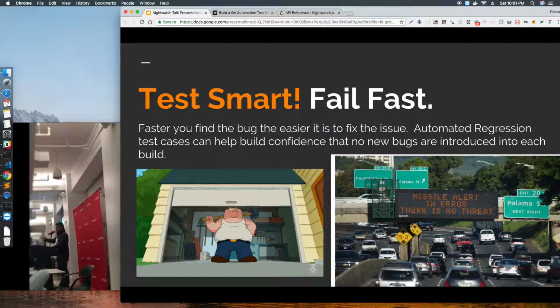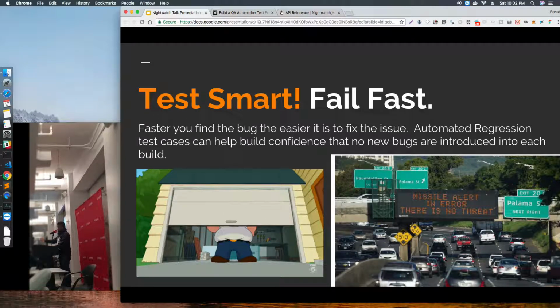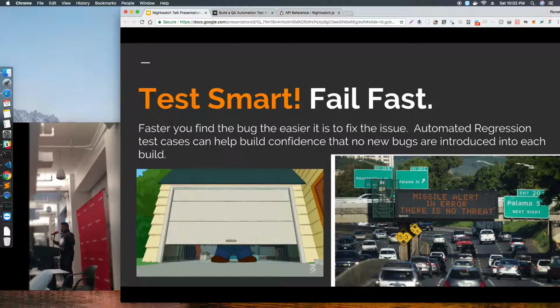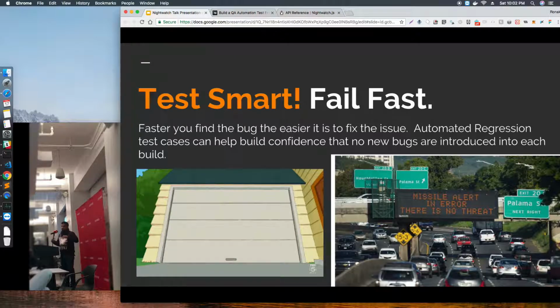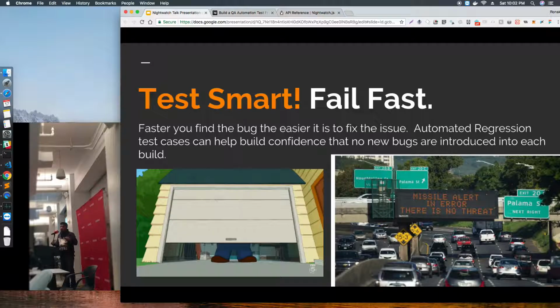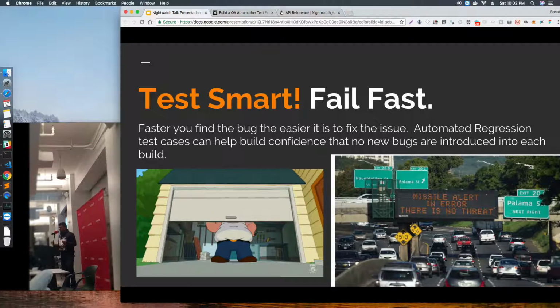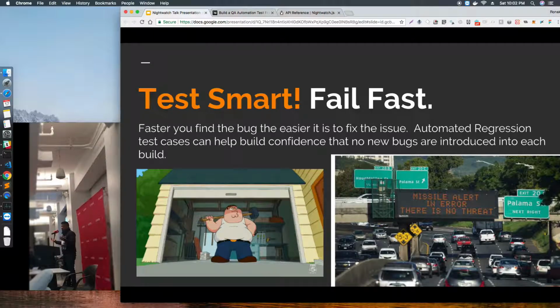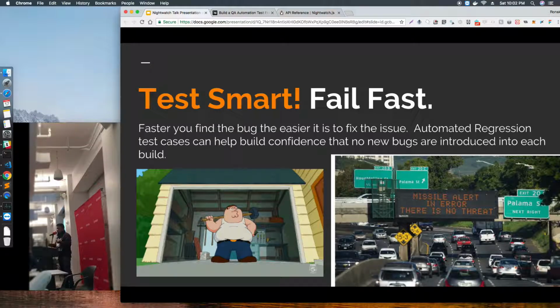How fast do you find the bugs? The faster, the easier it is to find the issue. Automation regression test cases help you build confidence in your code and at least make sure that no new bugs are introduced in your build, right? And like missed alerts,